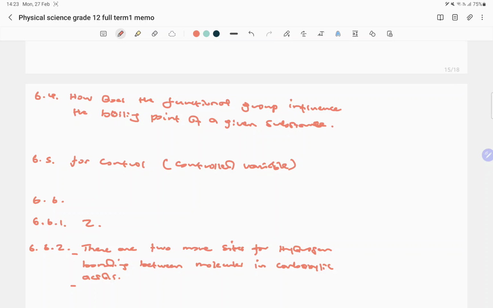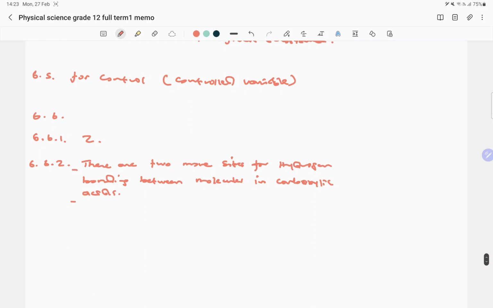Okay, number 1. There are 2 more sites for strong, maybe let's put the word strong, because the strength of the bond is what determines what we had an idea about. So there are 2 more sites for strong hydrogen bonding between molecules in carboxylic acids, meaning therefore more energy